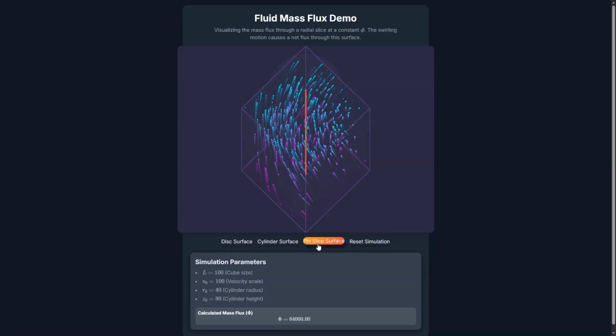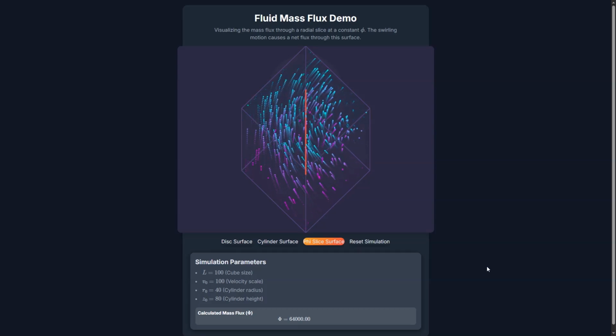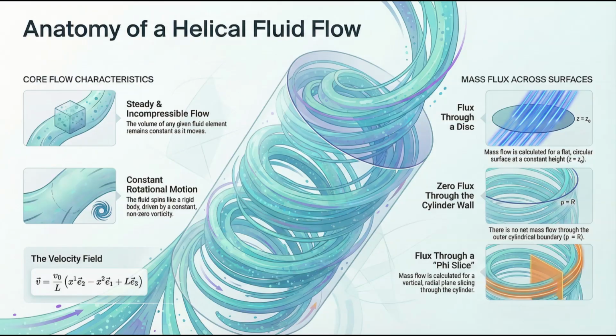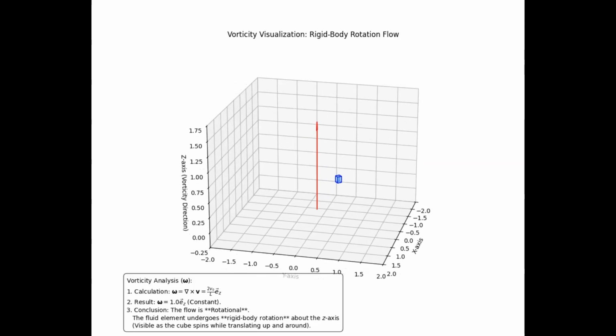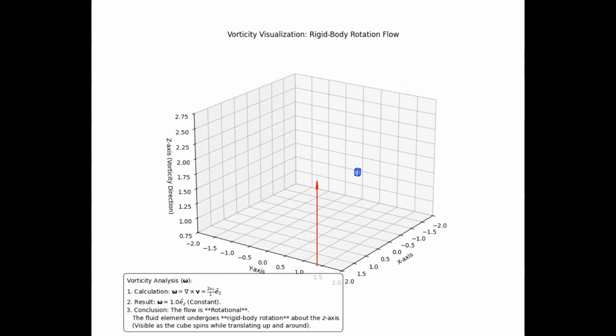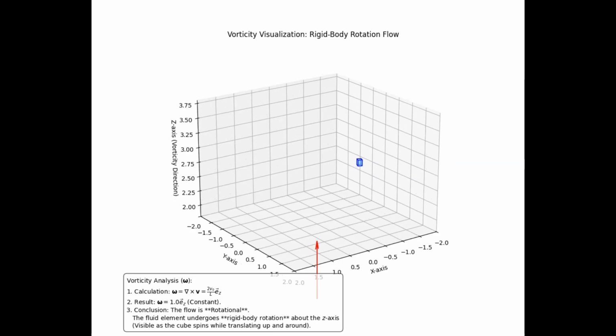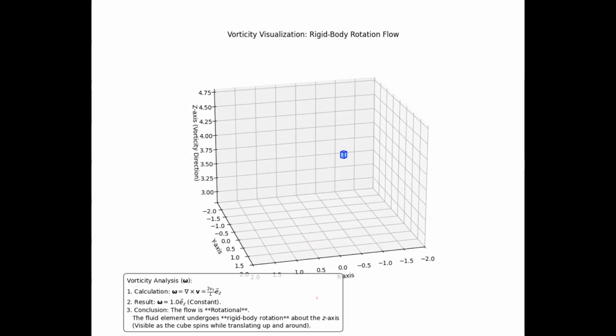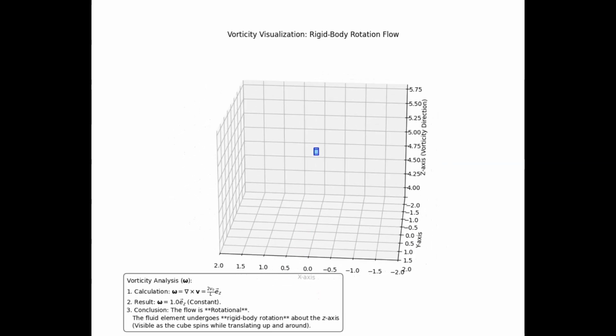Finally, all those equations can be tough to picture in your head, and that's where this analysis really connects the dots. It uses a 3D simulation to let you see the particle paths and calculate that mass flux in real time. You can literally watch the flow interact with the boundaries, visually confirming why that mass flux through the